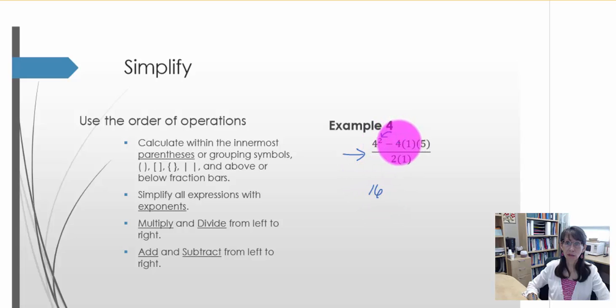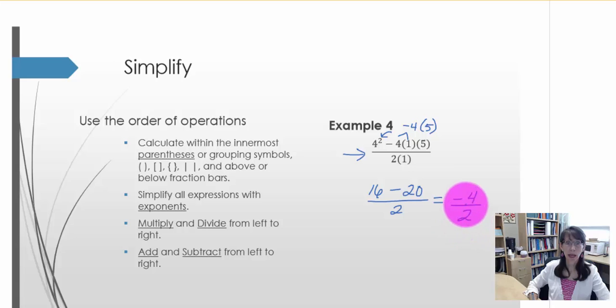And then we have negative 4 times 1 times 5. So we actually have negative 4 multiplied by 5. So negative times positive would give us negative 20. So I know I'll be subtracting 20 from 16. In the denominator, we have 2 times 1, which is 2. With 16 minus 20, so I'm starting with a small number, subtracting something larger, I'm going to have negative 4